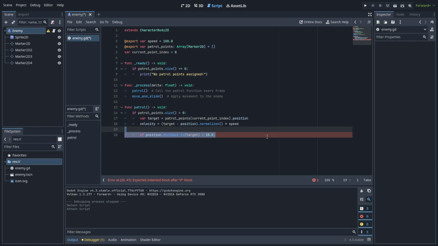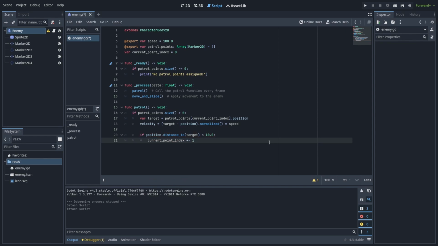Next, we check if the enemy is close enough to the patrol point, within 10 units. If so, the enemy will switch to the next patrol point. This increments the current point index to move to the next patrol point. If the enemy reaches the last patrol point, this line resets the index back to 0, making the enemy patrol